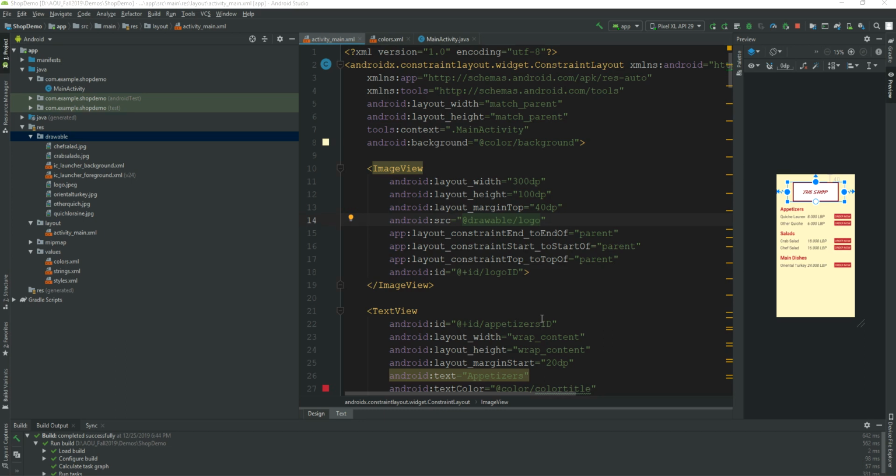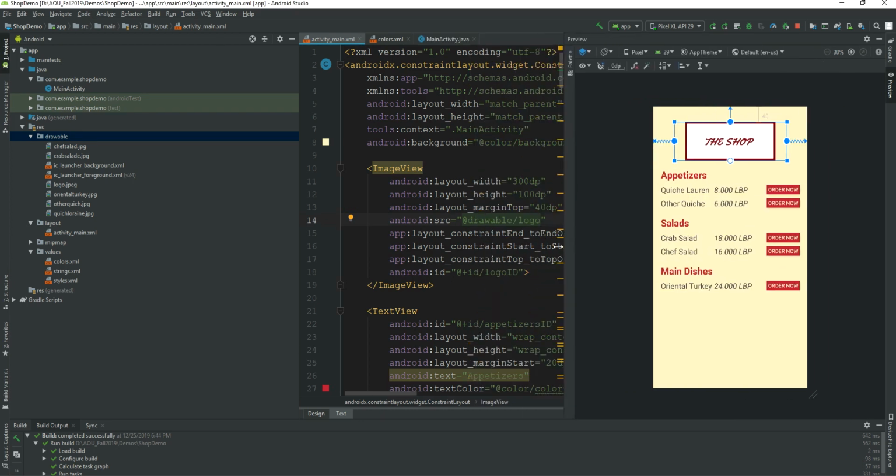Hello everyone. In this video we will continue the tutorial of the shop demo. So we will create another page displaying the specific item we tap on, and it will display the item name, the item photo and the item price. So let's continue